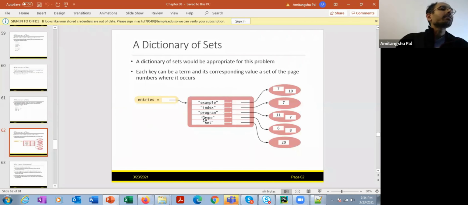In general, the dictionary keys may be strings, and the values may consist of a set or a list also. For example, the keys may be a bunch of people and the values may consist of a list of colors that the person likes. So for example, Fred likes a set of colors: red, green, and yellow. Here the key is a string, which is the name of the person, and the values may be a set of colors, or the values may be a list also. So a general dictionary structure may be more